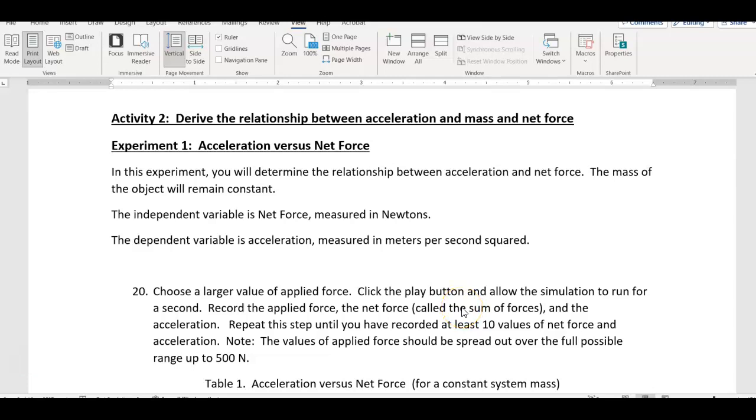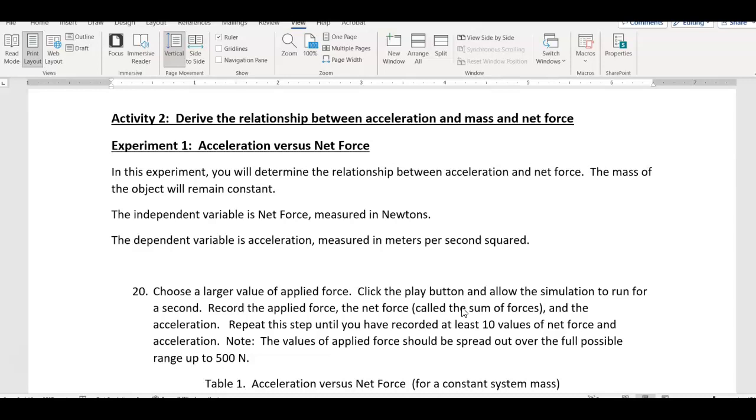This webcast discusses Activity 2 of the lab, where we are exploring how unbalanced forces affect acceleration. In Activity 2, there are two experiments. This webcast will talk about Experiment 1, where we examine how acceleration depends on net force. Here the independent variable will be the net force on the crate, measured in newtons, and the dependent